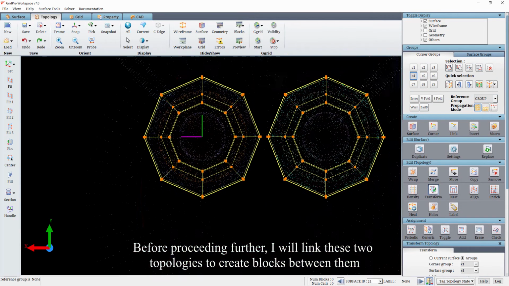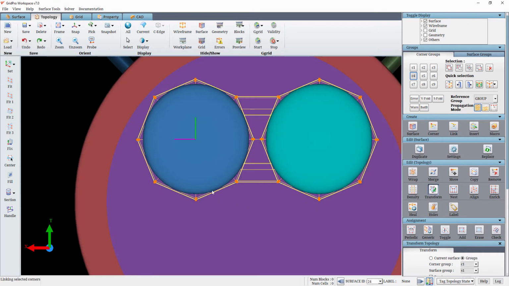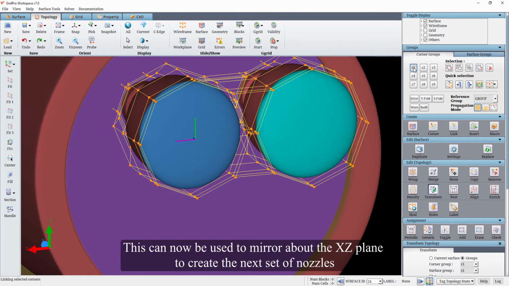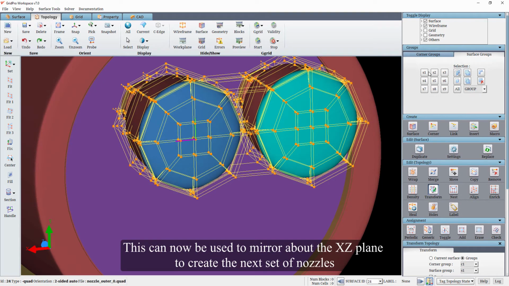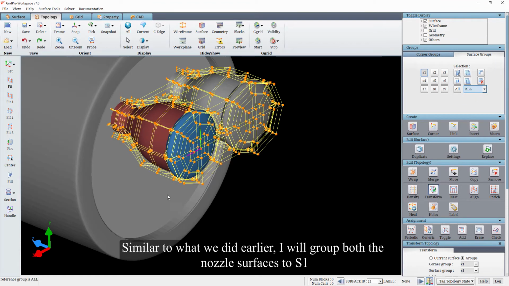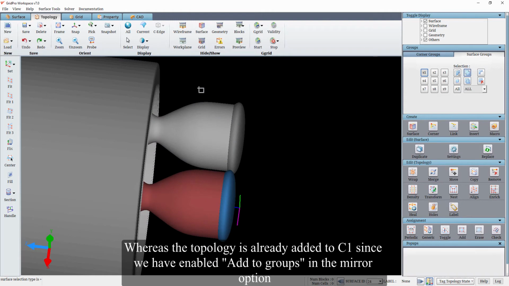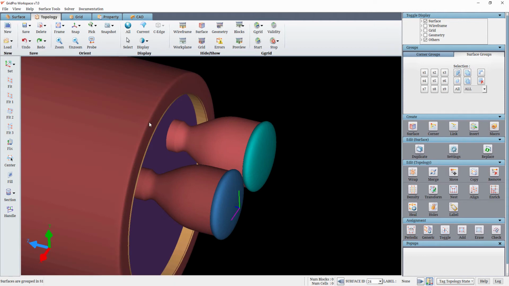Before proceeding further, I will link these two topologies to create blocks between them. This can now be used to mirror about the XZ plane to create the next set of nozzles. Similar to what we did earlier, I will group both the nozzle surfaces to S1, whereas the topology is already added to C1 since we have enabled add to groups in the mirror option.